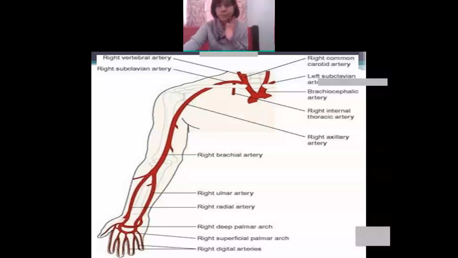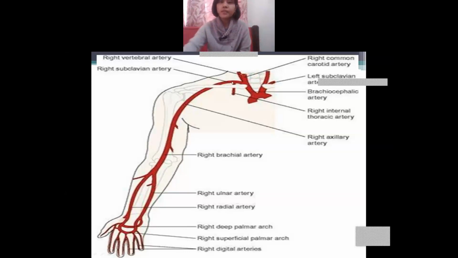Okay, so from the arch of the aorta, what will it supply? The arteries will go and supply the brachiocephalic artery. This is the brachiocephalic artery. Then from the brachiocephalic artery, it again connects to this portion, that is the subclavian artery. Understand? But before going to the subclavian artery, let us come here. That is the vertebral artery. Wait, where is the subclavian artery situated? The subclavian artery is situated at the back side of the clavicle.